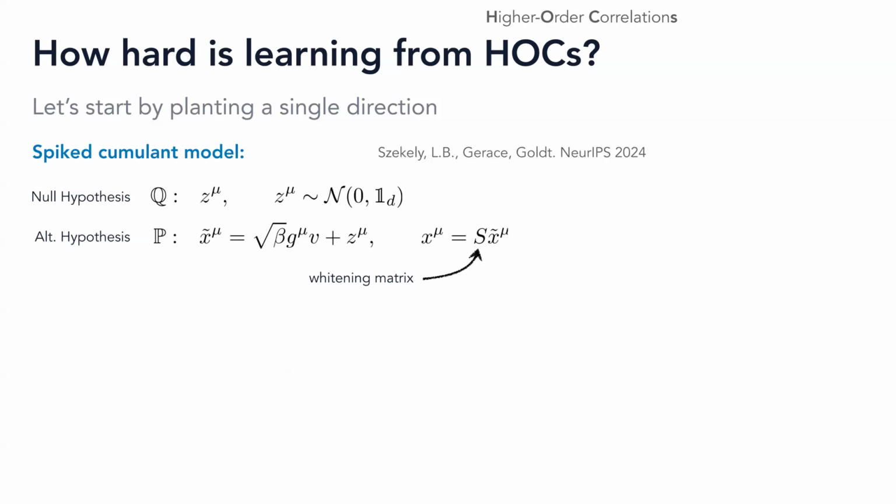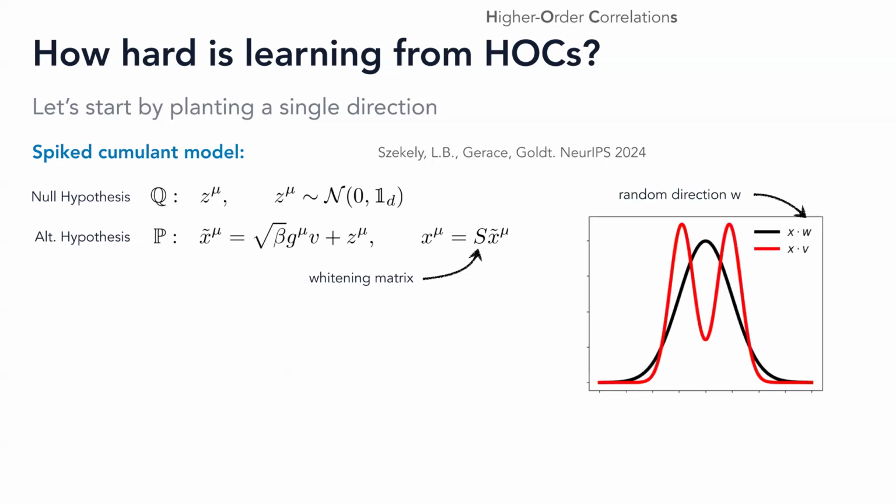And then we have to apply a whitening operation, because if we add to a Gaussian an independent variable, it will also change the variance along that direction. And it means that if you do a Gaussian approximation, you will still find it. But instead, we want a task that you can distinguish only by looking at higher order correlations. So we apply this whitening that shifts back so that the variance along that direction is 1.